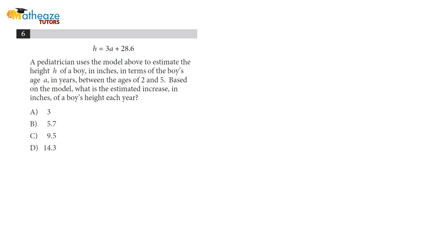So what that means is, for the sake of simplicity, the increase is going to be the slope of that line. So we have h equal to 3a plus 28.6. So 3 is the slope, so this is what our expected increase every year should be. So the slope is 3. But let's see if we can